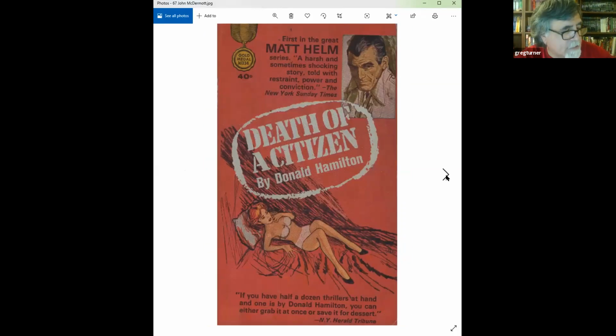Next, another great series of books. If you've never read a Matt Helm novel, they also made a couple of movies of that. Actually, who played him? Dean Martin played him, right? Dean Martin played the character in the movies. Matt Helm was an agent, maybe not so much a spy, but an agent for the government. He took on the jobs that nobody wanted to do, the assassinations and those kinds of things, for the U.S. government. And this one, I think the first in the series, is called Death of a Citizen,